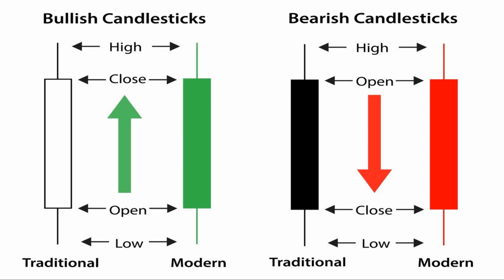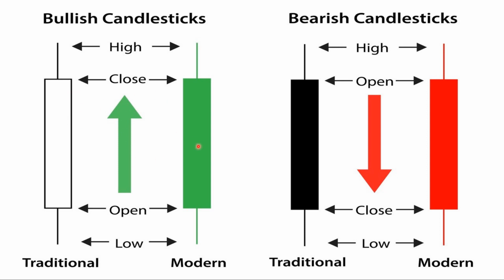Let's look at a candlestick example and what makes up a candlestick. The real body is this part right here. The real body represents the price range between the open and close of that day's trading. When the real body is filled in or red, like these two examples, it means that the close was lower than the open. If the real body is hollow, it means the close was higher than the open, hollow or